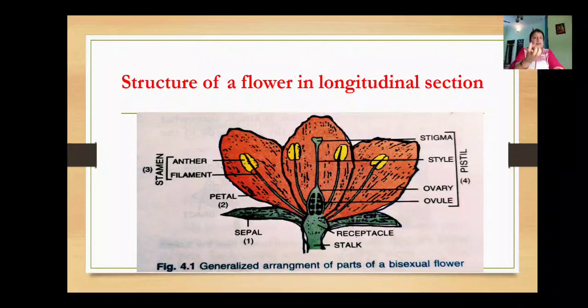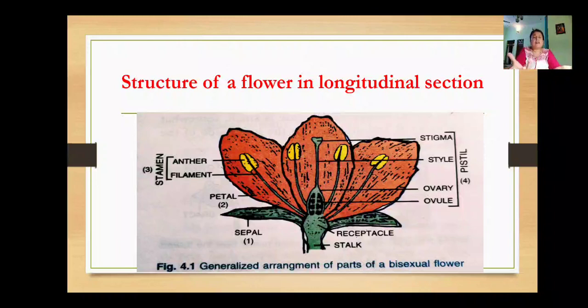When the anther ripens, the pollen grains are released in the air. And inside the ovary, can you see some small particles? Those are the ovules. So this is the complete structure of a bisexual flower. Now let me tell you what bisexual actually means. A bisexual flower is a flower that has both the male part as well as the female part, meaning both the androecium and the gynoecium are present in the flower.